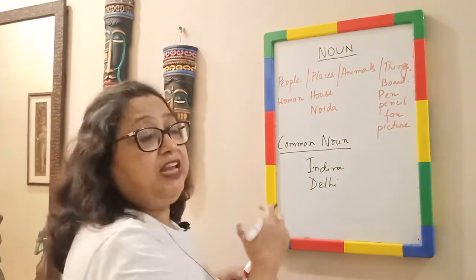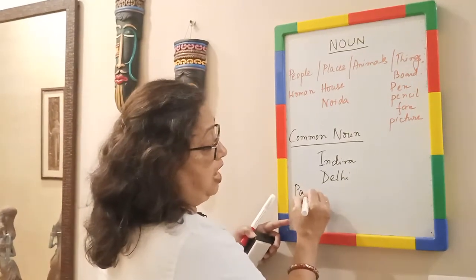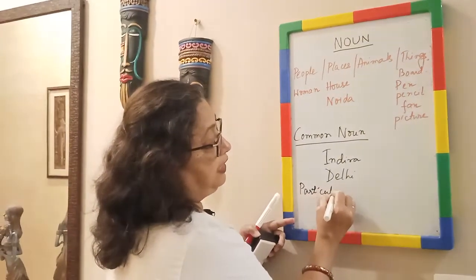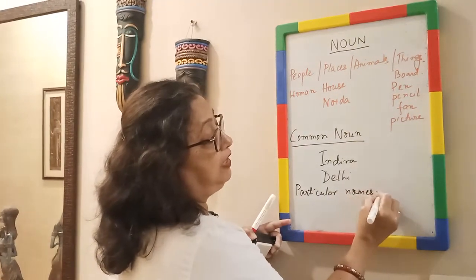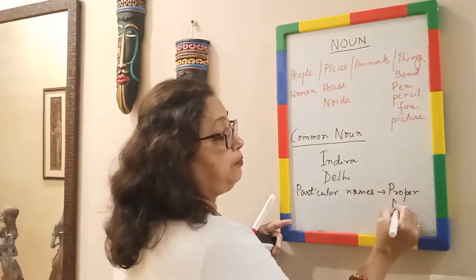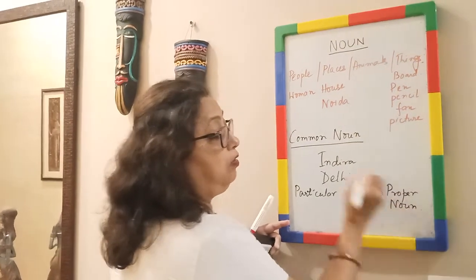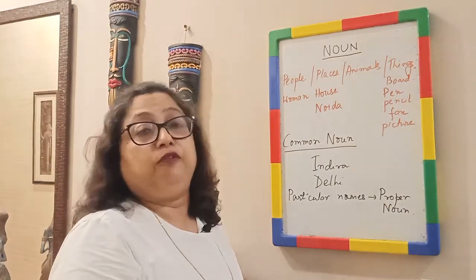So when we speak of any particular places, particular names rather, we can call it a proper noun. You will say, ma'am, we all know what a proper noun is, and that a proper noun always starts with a capital letter. Yes, I know that you all know proper nouns,